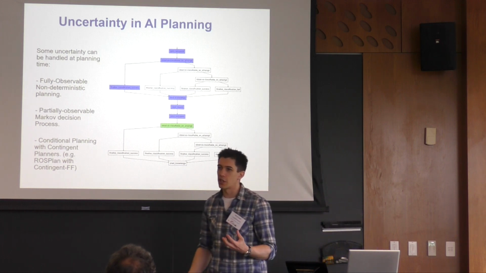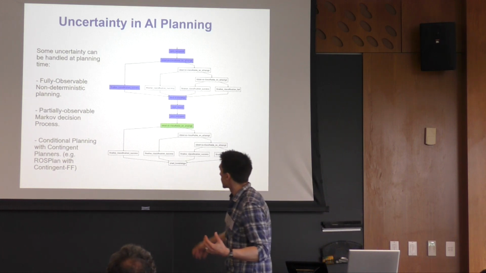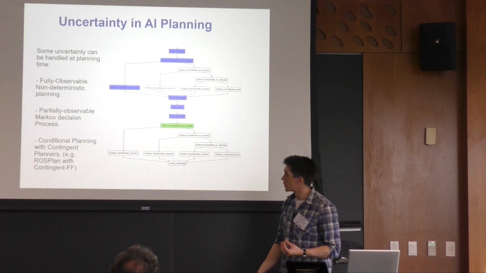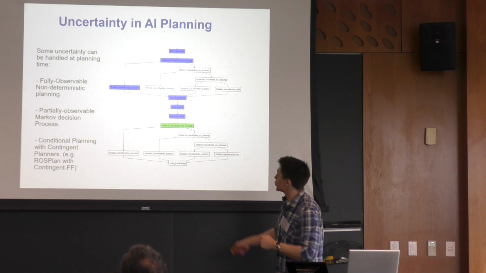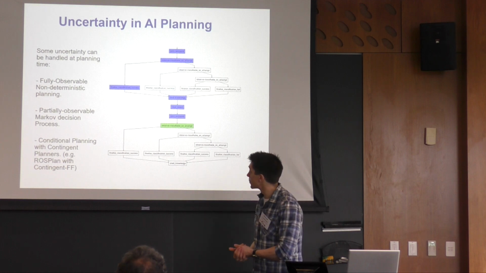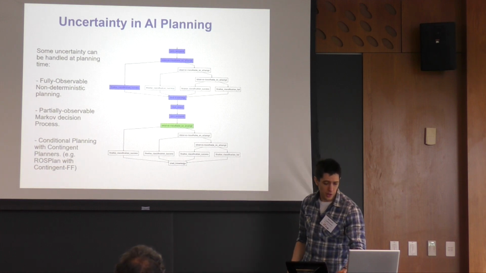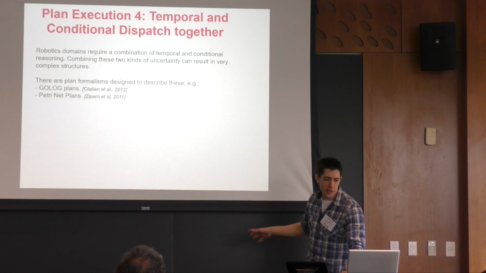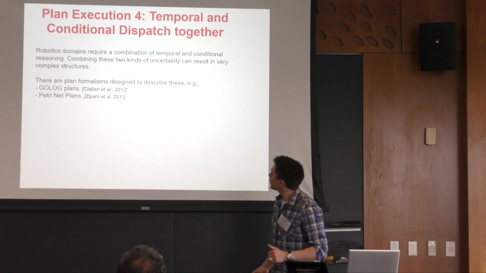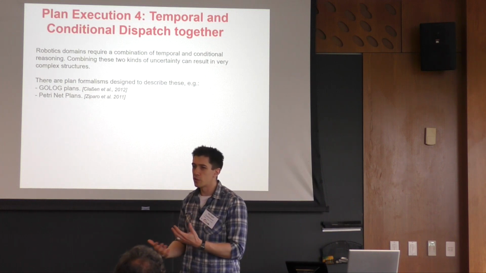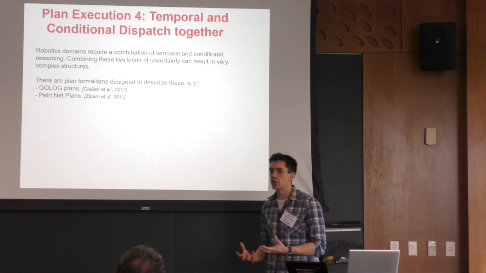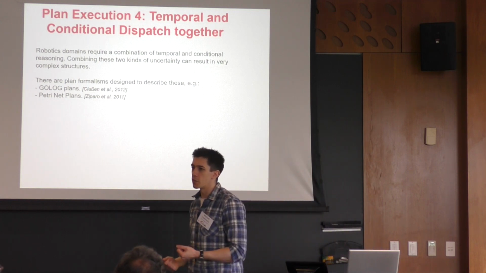So Dan has already introduced the idea of conditional planning. This is actually a screenshot from the web interface to ROSPlan. When you're using one of the conditional planners, you can see that the execution of the plan depends upon the outcomes of different sensing actions. I won't go too much in detail on just conditional planning alone, but rather try to combine them. What happens when you have a temporal domain and uncertainty? And when you're executing on board robots, these are the kinds of domains that you normally have.